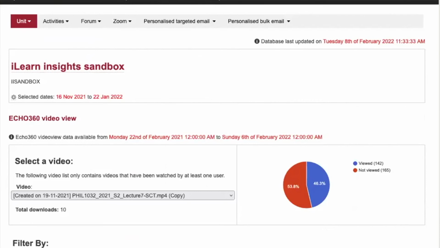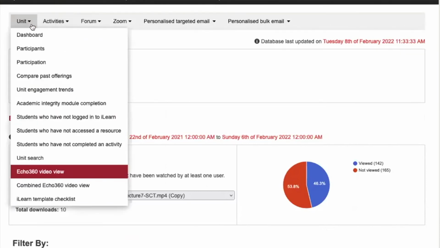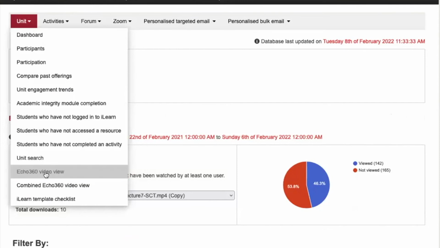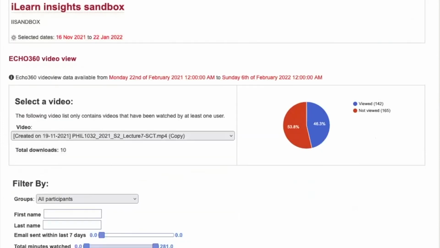This one is Eco 360. So there are 2 reports for Eco 360. One is Eco 360 video view, and one is a combined Eco 360 video view, right? So if you go to the Eco 360 video view, which is currently this one here, then you can select